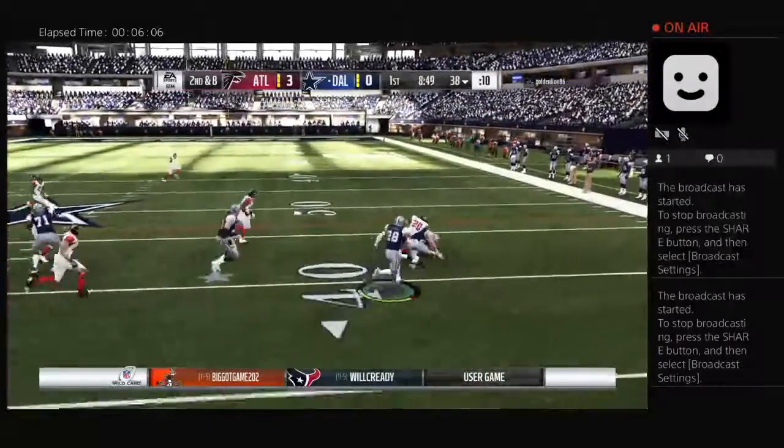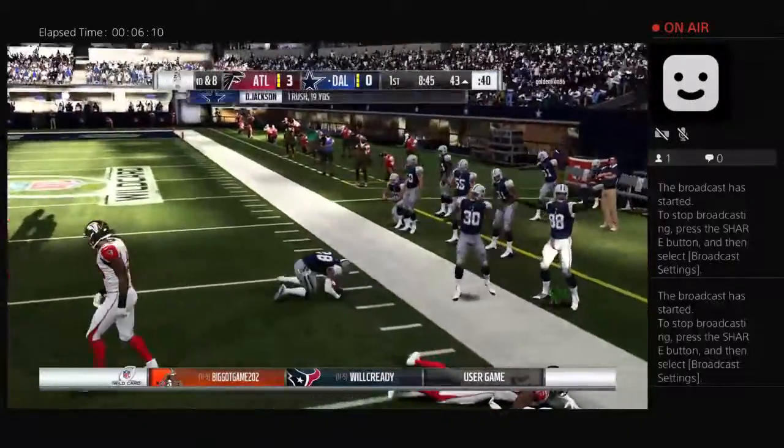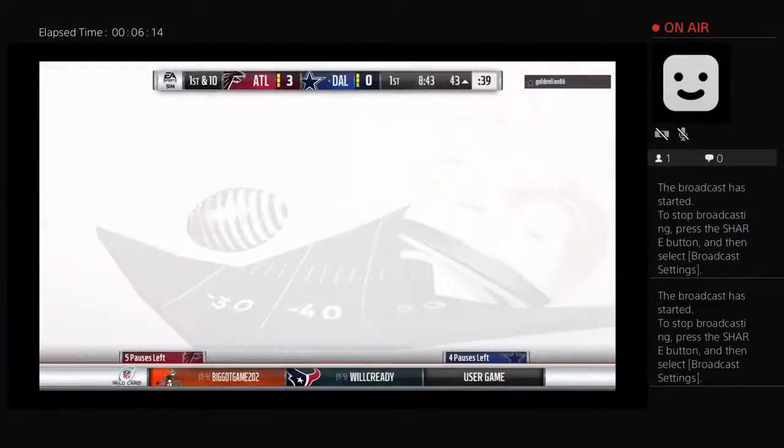Now an Eastern Michigan man, Darius Jackson on the carry. And he'll work it across midfield inside the 45. That good for...